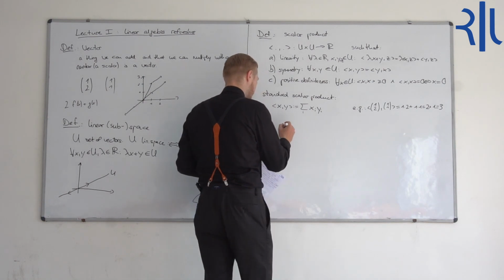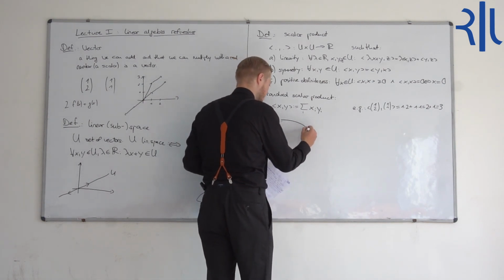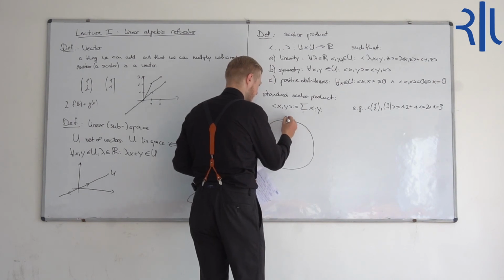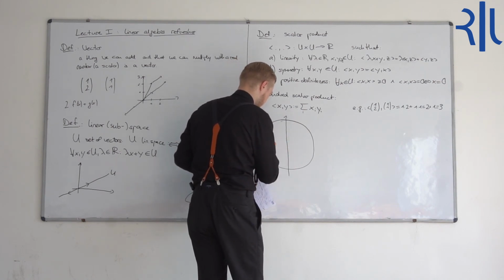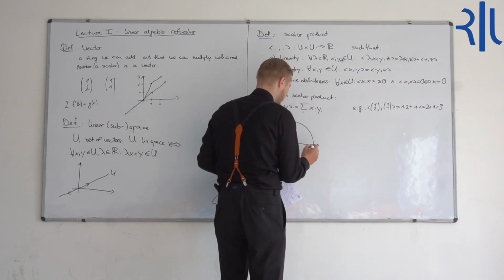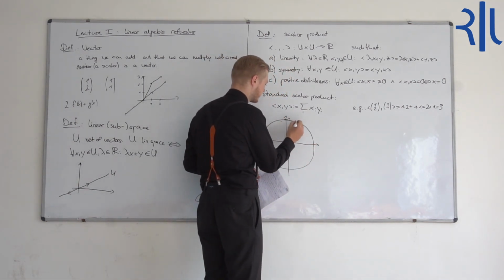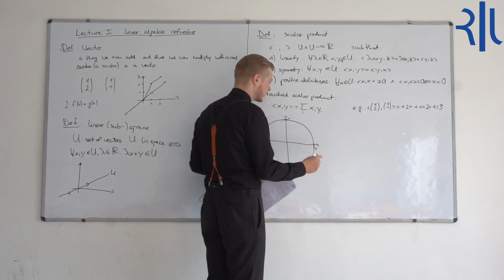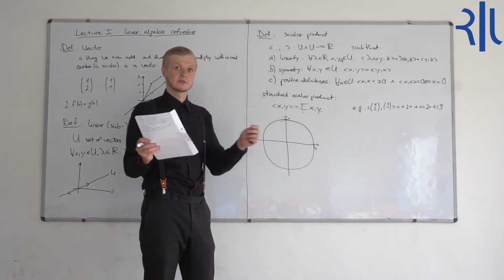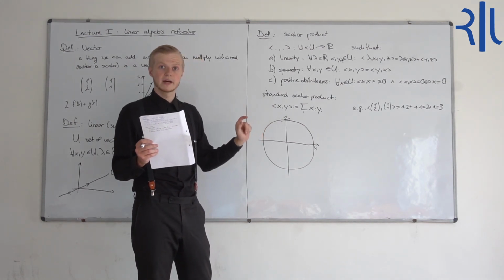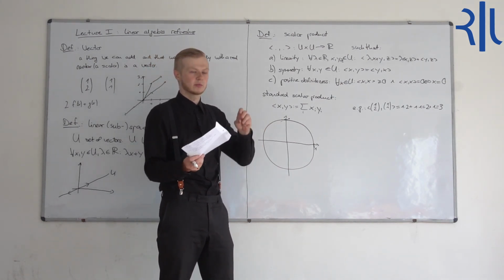There is one special case where this is quite easy to see, and that is if we have two vectors from the unit circle. Note that when we have two vectors, we can always look at them as if they were vectors in the real plane,